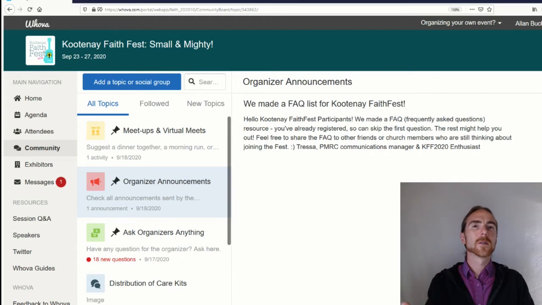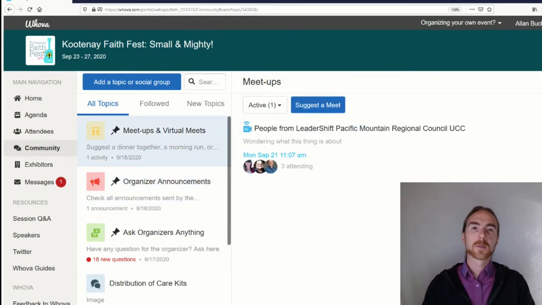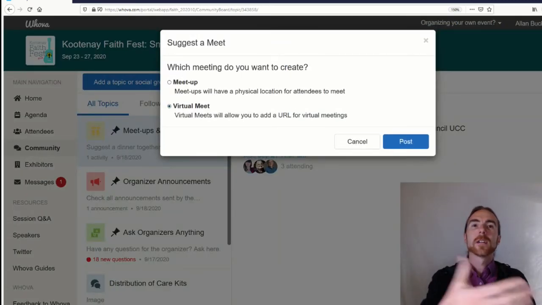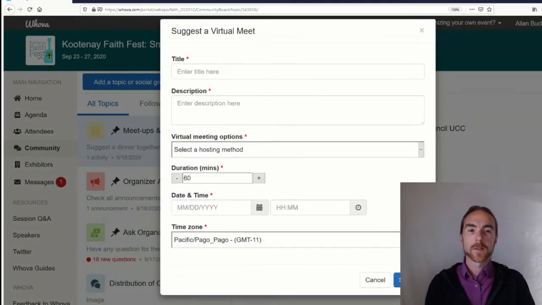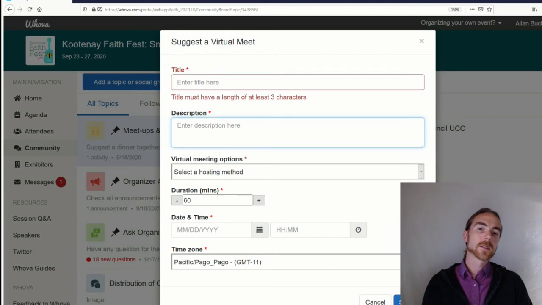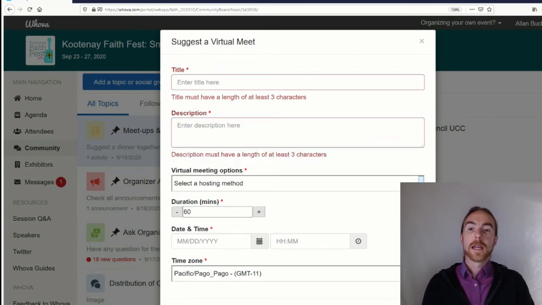And you can also, if you don't want to do the tech stuff or as well as the tech stuff, here in this meetups option, you can suggest a meet and you can go to a virtual meet, and it's kind of like you create your own little virtual meeting. So if you go into post here, you can enter a title and a description, and then it gives you virtual meeting options. And so if you have a Zoom account that you want to connect to, you can do that,